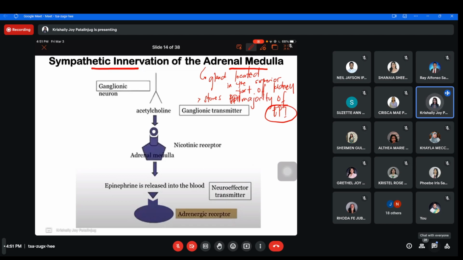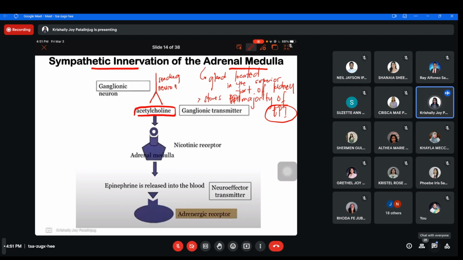Sige, so suppose, diba this is an illustration of a neuron. Diba that is how I illustrate neuron. So suppose that is a neuron. Particularly, that is a sending neuron. Now this preganglionic neuron,